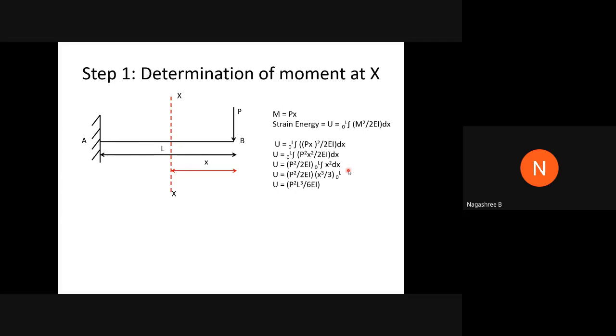Is this step clear, all of you? Ma'am, will it be minus? It is not minus. Why? Because in computing M square, you have taken it as (minus Px) whole square, wherein (minus Px) whole square will be P square x square itself. I mean the square of minus will be plus itself, right?